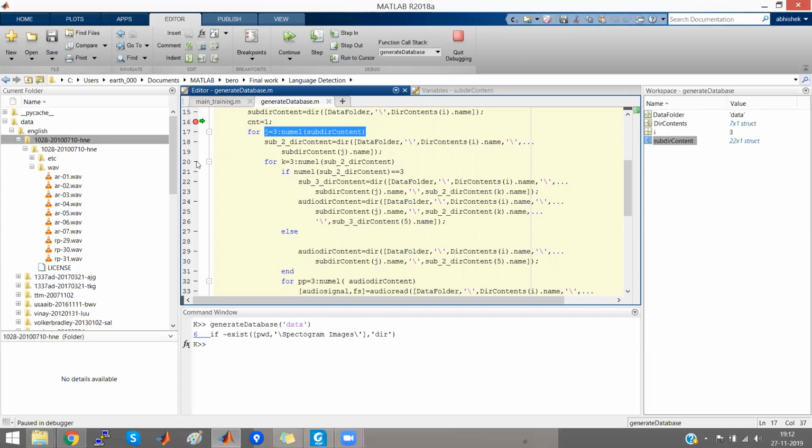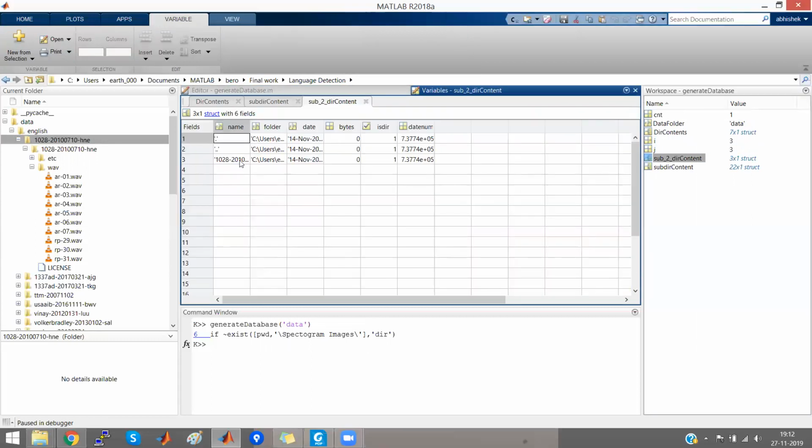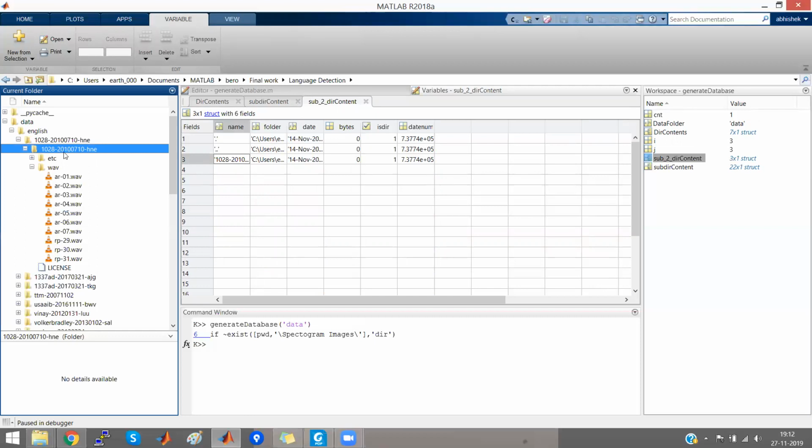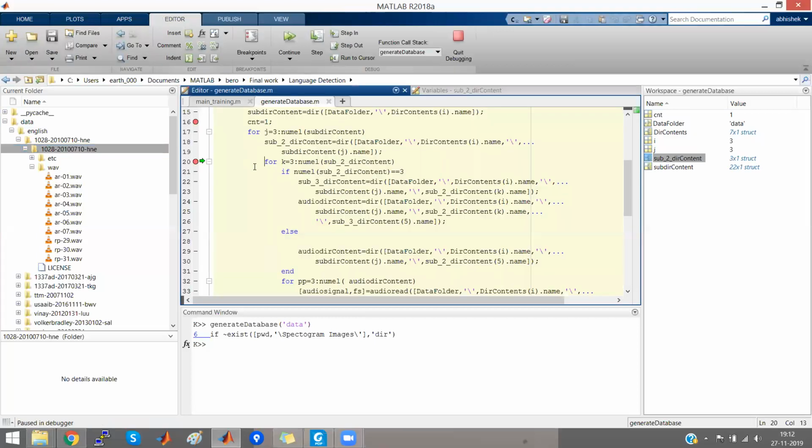Inside this directory, we have the subdirectory content. This is the content, and inside this directory we have WAV and then the audio signal. This is the structure provided by default from the source of the data set, which has been discussed earlier.